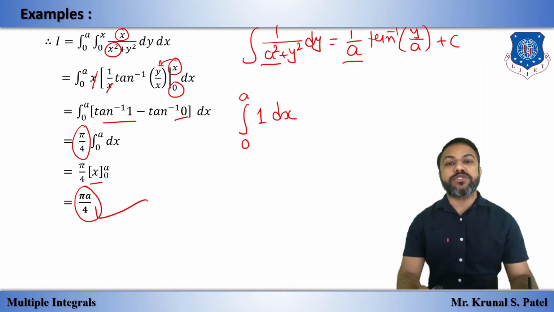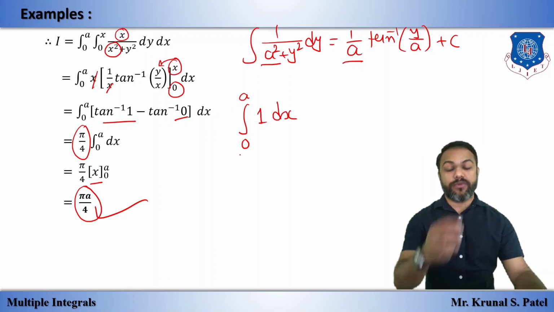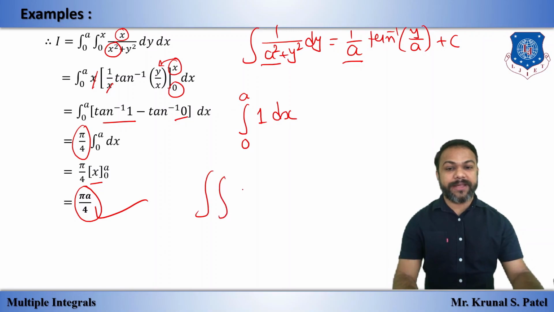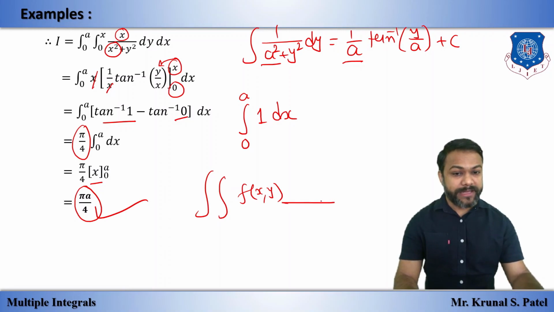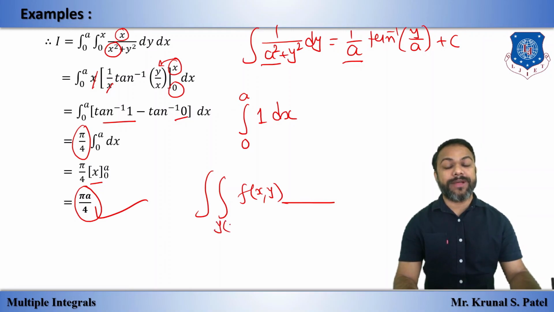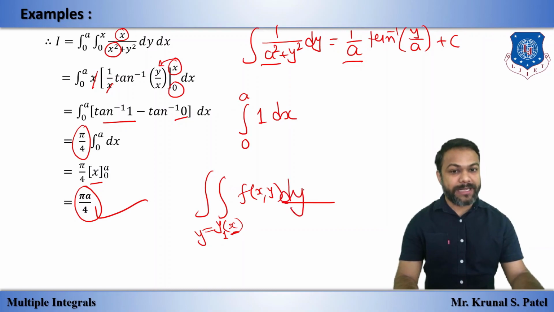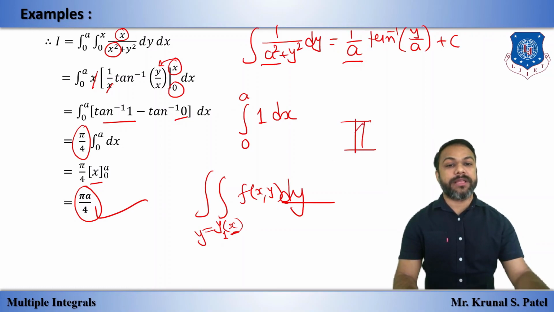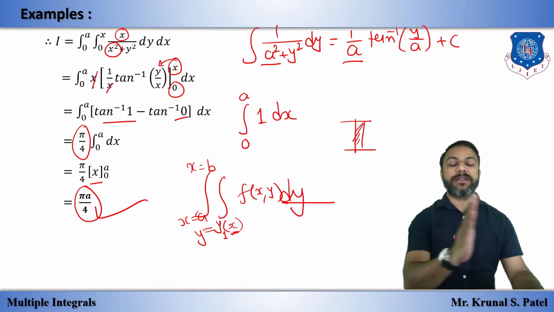So now you understood better what we have to do when a double integration and some function is given. First we have to check, from the inside, dx dy: we have to check whether the given inside limit is in the form of x or y. If it is in the form of x, that is the limit of y, then dy should be inside, and with dy inside, the given strip is vertical. And this vertical strip moves along the outer limit, x is equal to a to x is equal to b. In this region, this vertical strip moves.